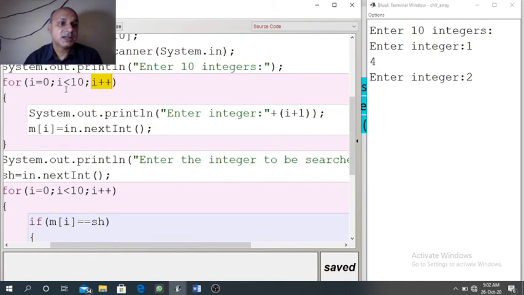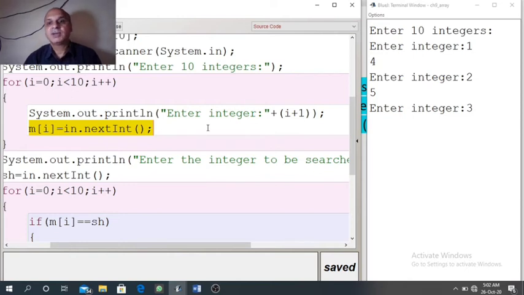Now 1 is less than 10, satisfied. We will get a message, enter integer i plus 1. So that is why enter integer 2. So when we enter the second value 5, it will be stored in the array at index 1. So M1 will receive the value 5.